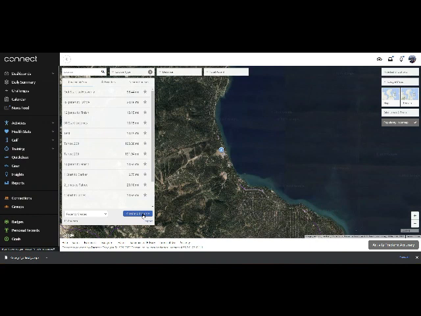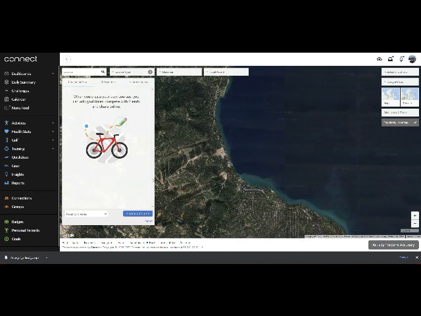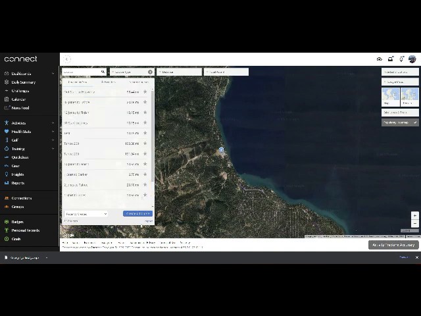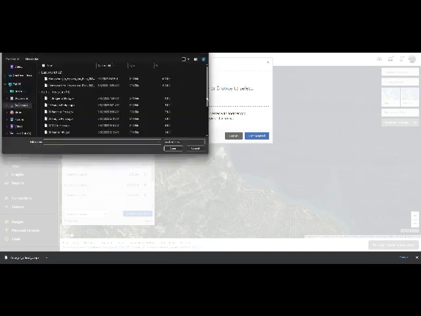Now, your intuition would be, oh, I'm going to press create a course, right? No, you do not want to create a course, because what that says to Garmin is that you want to trace a course on the existing map. You don't want to do that. It's not real intuitive, but you want to import. All right, so it says if you have a GPX or TCX format, and you're like, what the heck's TCX? It's Garmin's proprietary format, and I'm not going to go into that, but if you want to learn more about it, Google that. Browse, find a GPX,